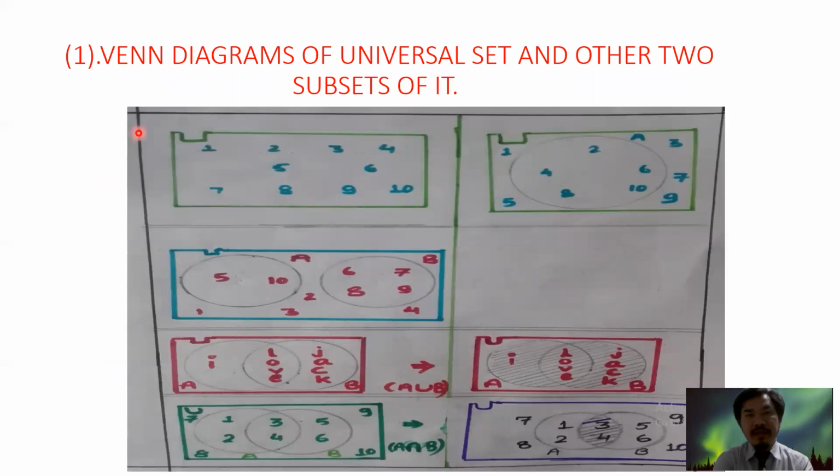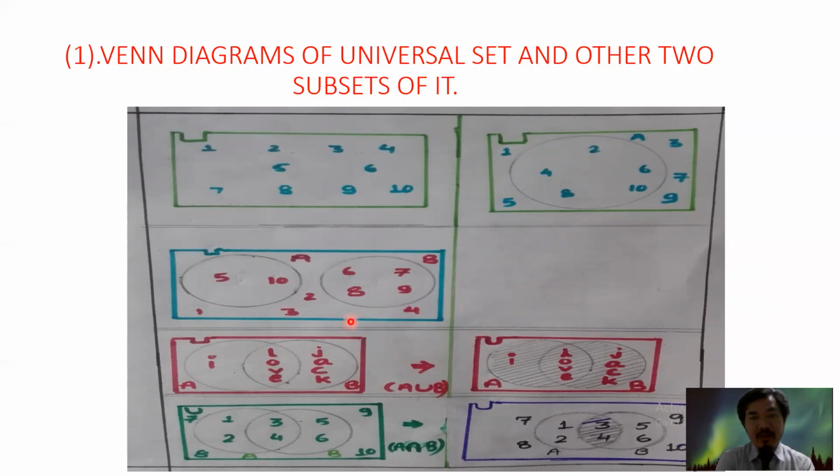Here are Venn diagrams of a universal set and two subsets of it. This rectangular shape in the Venn diagram represents the universal set. Inside this universal set there's one set given, A, which we can draw like this: 2, 4, 6, 8, 10, and the remaining elements of the universal set should be written outside set A. Similarly, in this Venn diagram, these two sets are disjoint sets. Here is 5, 10, here is 6, 7, 8, 9. There is nothing common, that's why they are drawn separately, and the remaining elements of the universal set are written outside these two sets A and B.